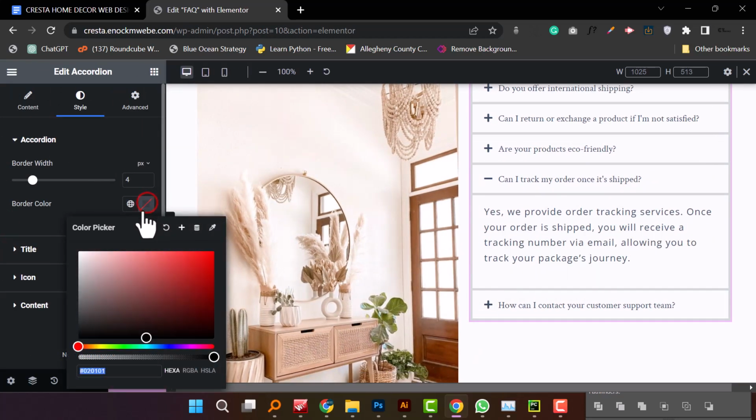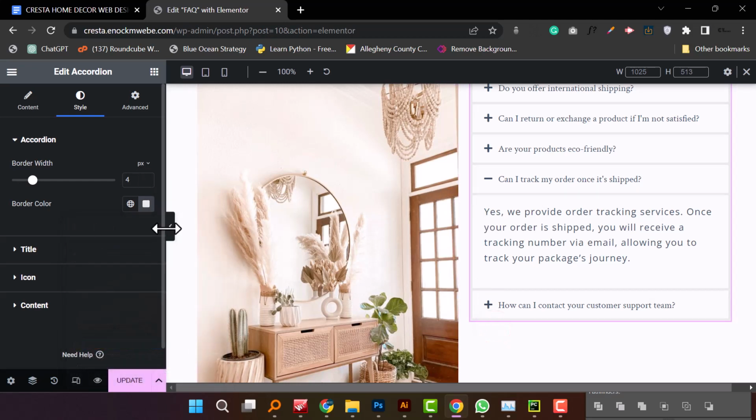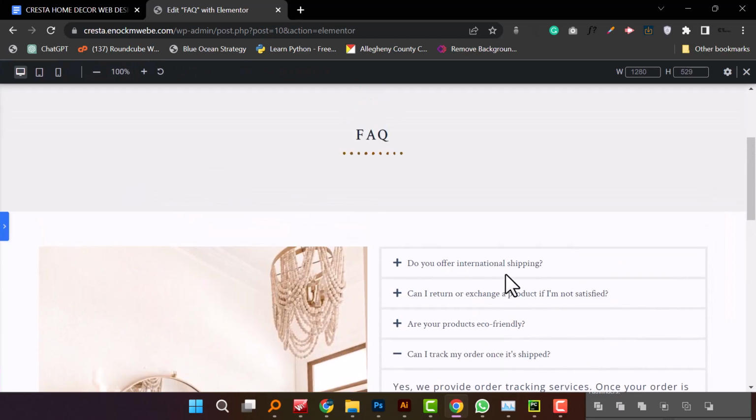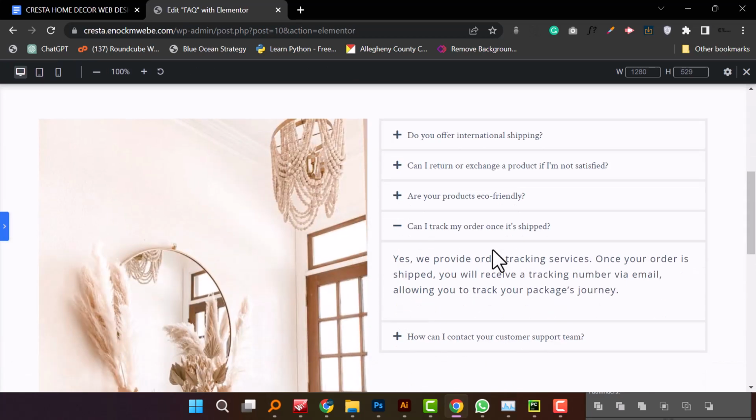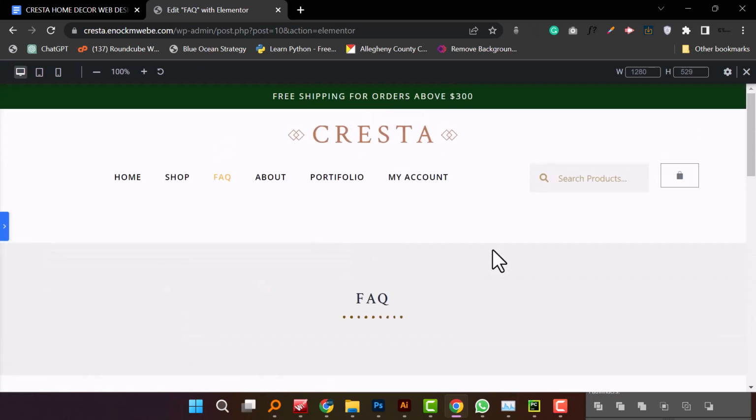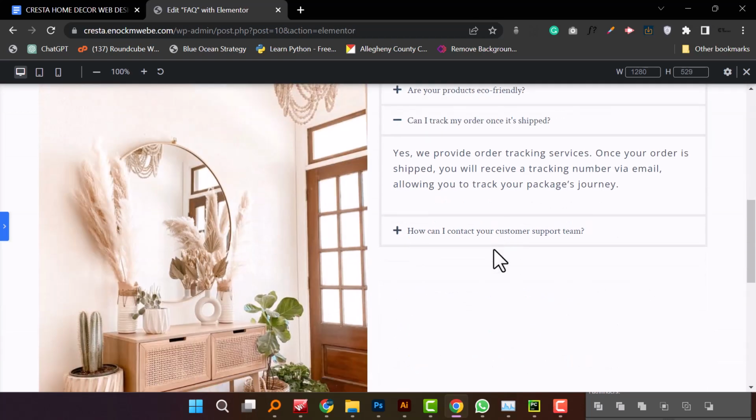Yeah. Though the color we can use can be a little bit lighter or slightly darker than the white background. So I think this does the job well. All right. Yes. So right now the FAQ page is ready,